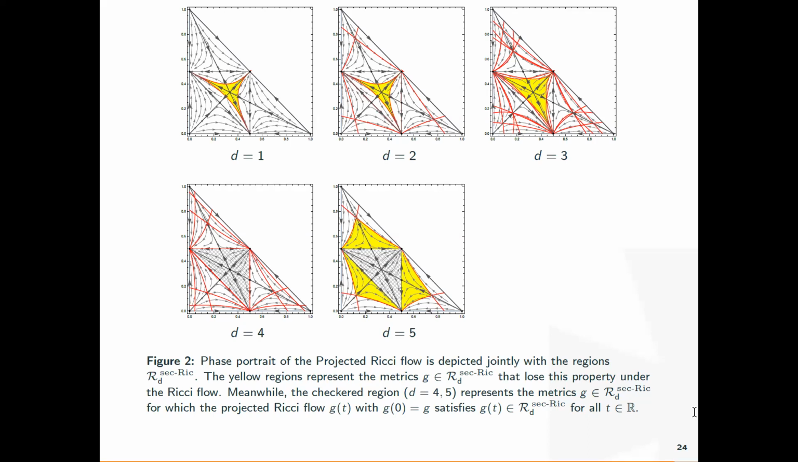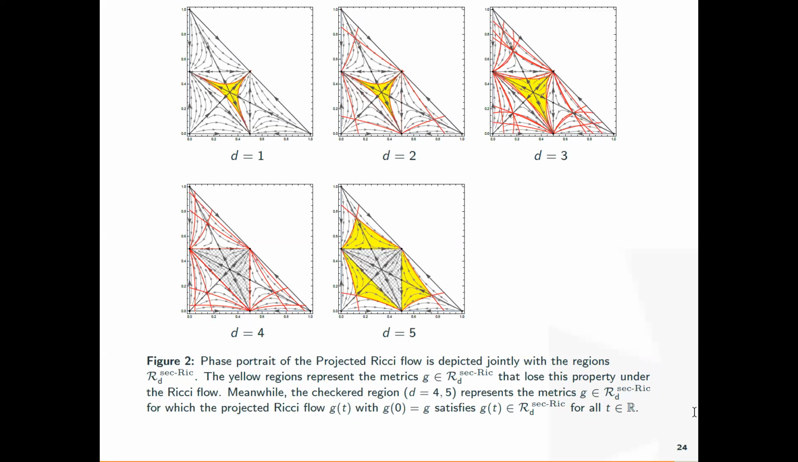And observe that the checkered regions for D equals 4 and 5 are the regions where the flow is trapped. So in the vertex of these triangles for the checkered region, we have some kind of collapsing phenomena because one of the coordinates goes to 0. And in that paper that Lino, Ricardo, Lucas, Seco, Mauro Patrão, and Lohan worked on, they studied this kind of collapse under the Ricci flow. So we have this checkered region where the flow is trapped, and we have this yellow region